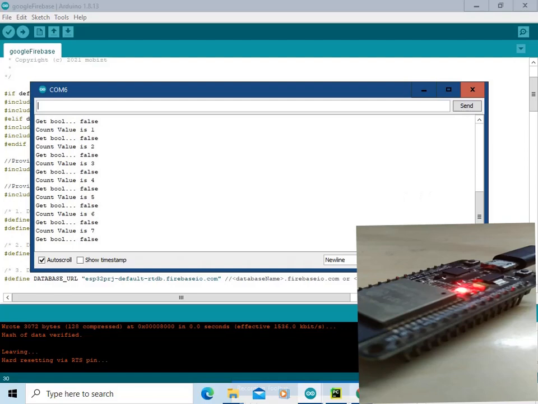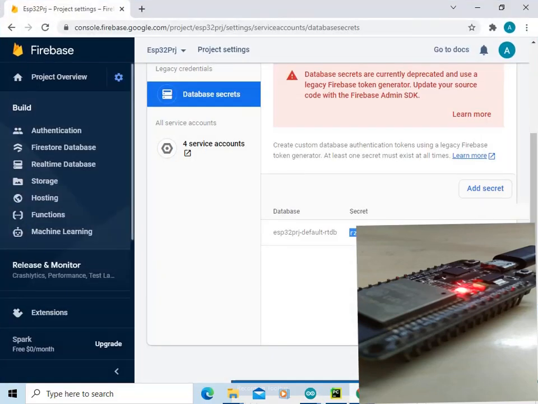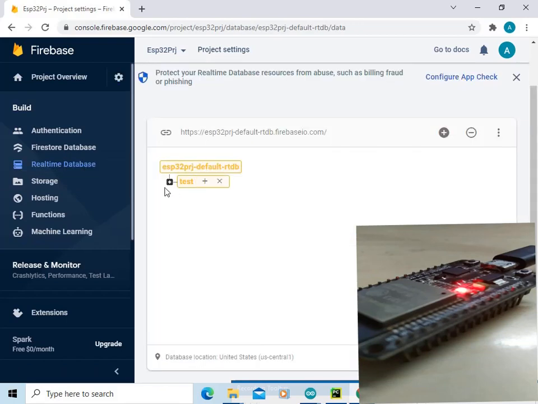Let us see what is happening in the Firebase platform. Go to real-time database. See, now the database named test has been created and 2 fields are there: bool, which is set as false, and int value is incrementing by 1.